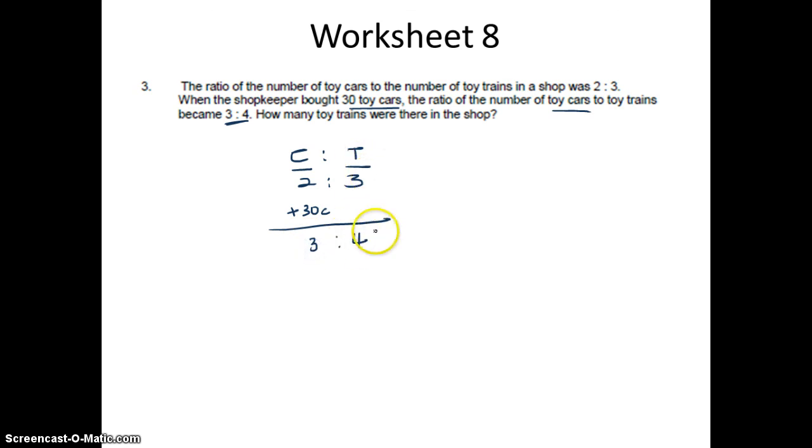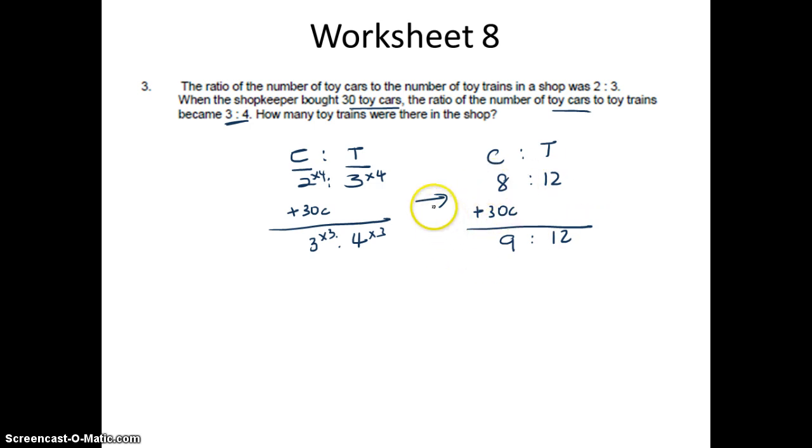For our toy train, there is no change. Did not buy anything, so the unit must be the same. So I times 4 here, times 3. So the new ratio will be 8:12 plus 30 cars, 9:12. Realize there's no change in the toy train. So 8 unit plus 1